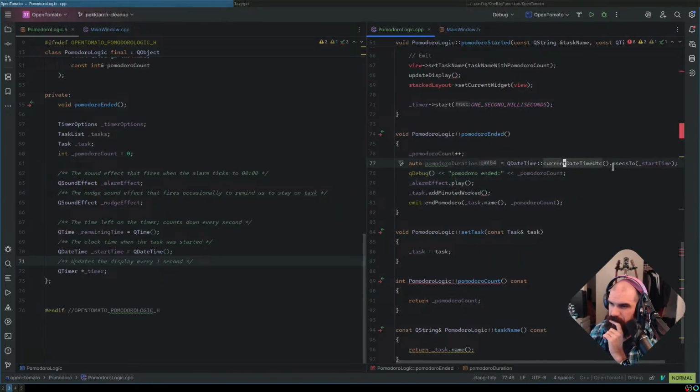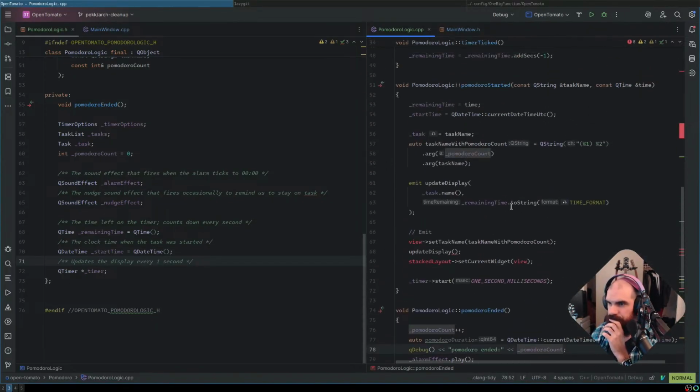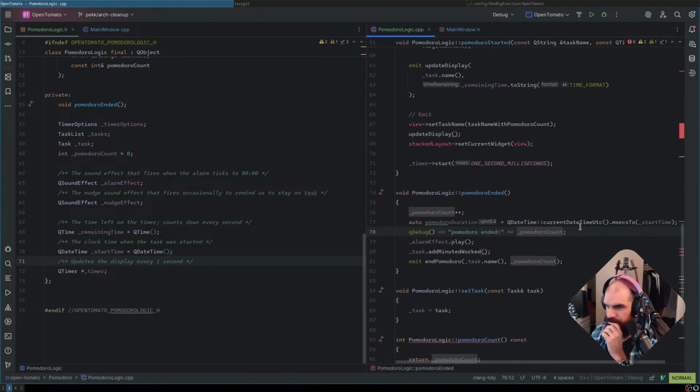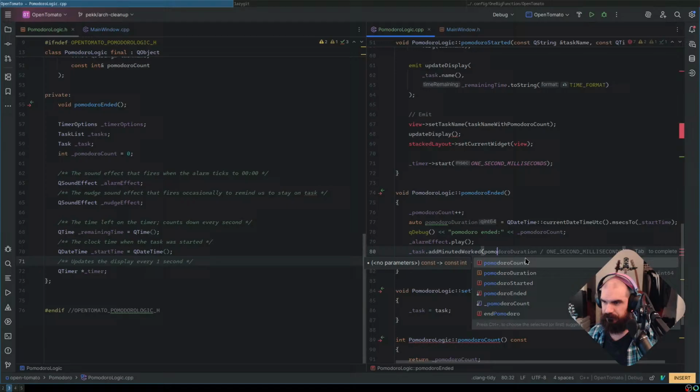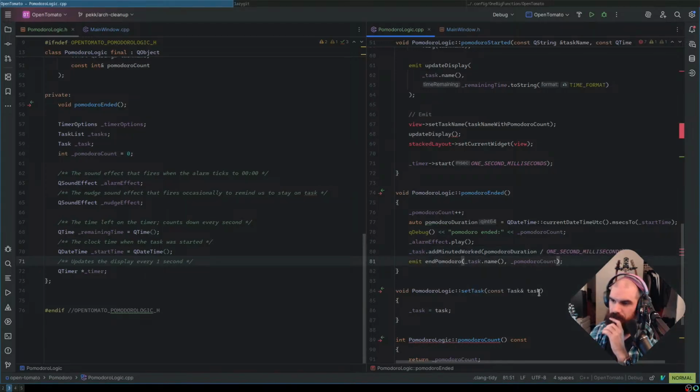I don't know if I need... Oh, time UTC. I gotcha. Add minutes worked. Pomodoro duration. Because that's going to be milliseconds.